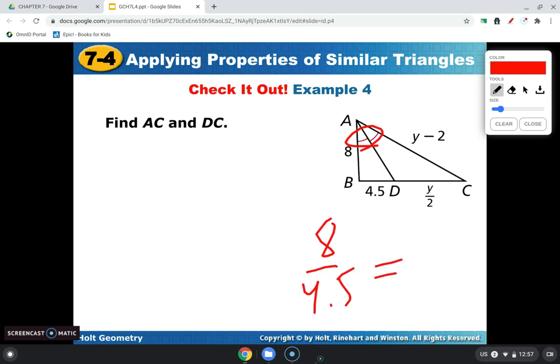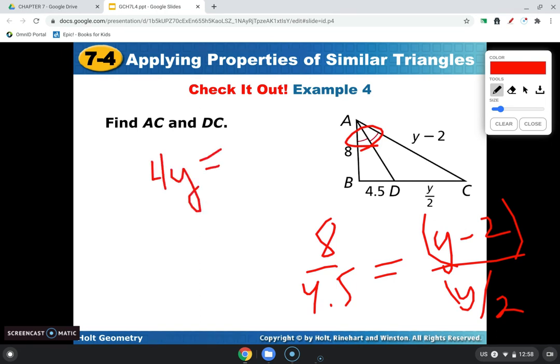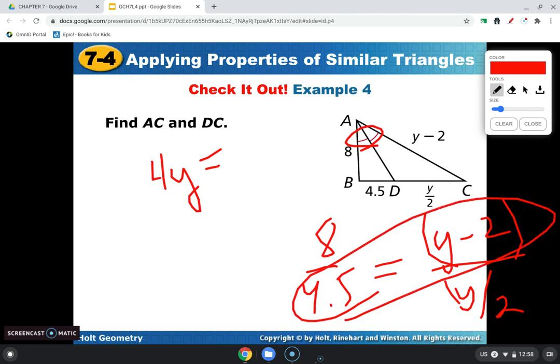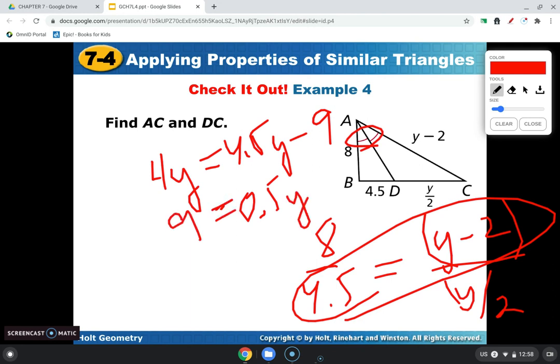8 over 4.5 equals (y minus 2) over (y over 2). I'm going to put that in parentheses. That's like half y. So if I cross multiply here, 8 times half y is 4y. And 4.5, that would be 4.5y minus 9 if I distributed that. I'm going to subtract 4y, which gives me 0.5y, and add that over there. Divide by a half,